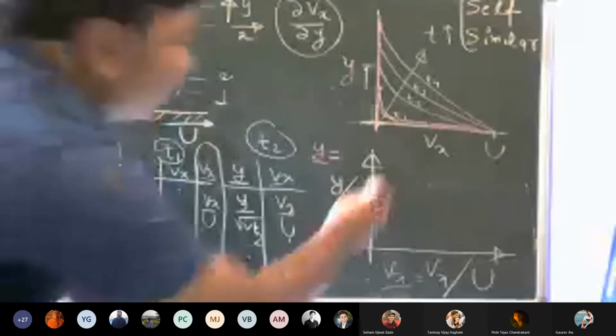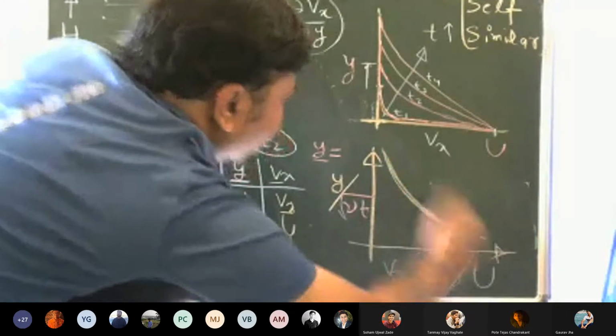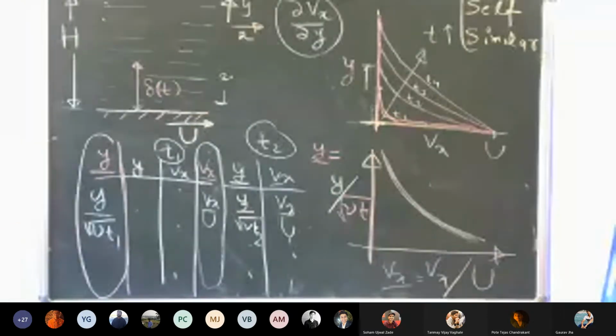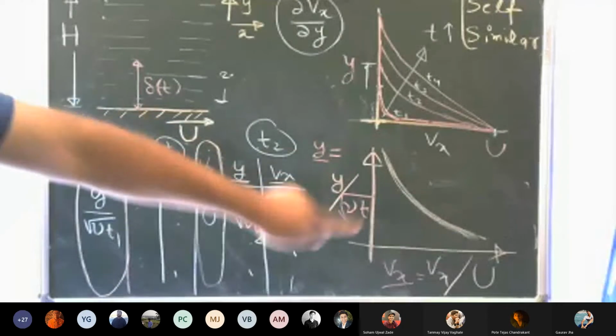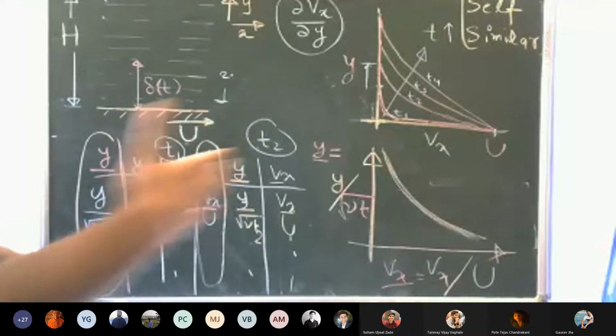And indeed, you will see all the curves are on top of each other. These all curves will collapse into a single master curve. Okay, we will see it. And that's why we said it's self-similar, because with some treatment, all these curves will be on top of each other, because they are not identical,